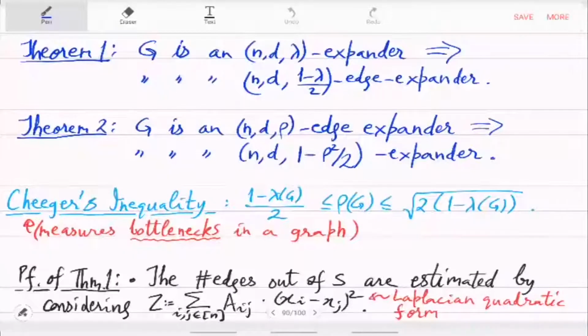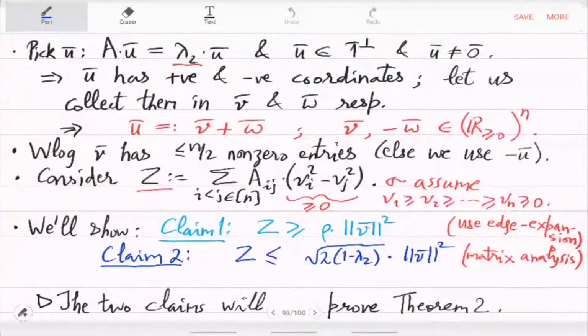So in the last class, we continued the discussion on algebraic expansion versus combinatorial expansion or edge expansion, and we showed these two theorems. Theorem 1 saying that algebraic expansion means edge expansion, and theorem 2 talking about the converse. There were some mistakes in the constant, so that I have corrected. You can look at these new slides. I corrected here. Then this proof was fine.